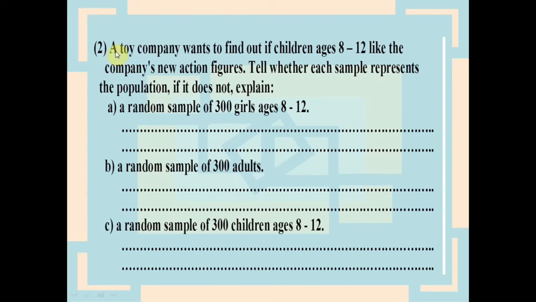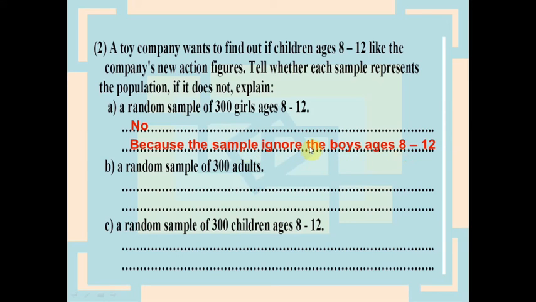Exercise number 2. A toy company wants to find out if children ages 8 to 12 like the company's new action figures. Tell whether each sample represents the population. If it doesn't, explain. A: a random sample of 300 girls ages 8 to 12. This sample does not represent the population, because here we want children ages 8 to 12, and the children should contain boys and girls. This one does not represent the population, because the sample ignores the boys ages